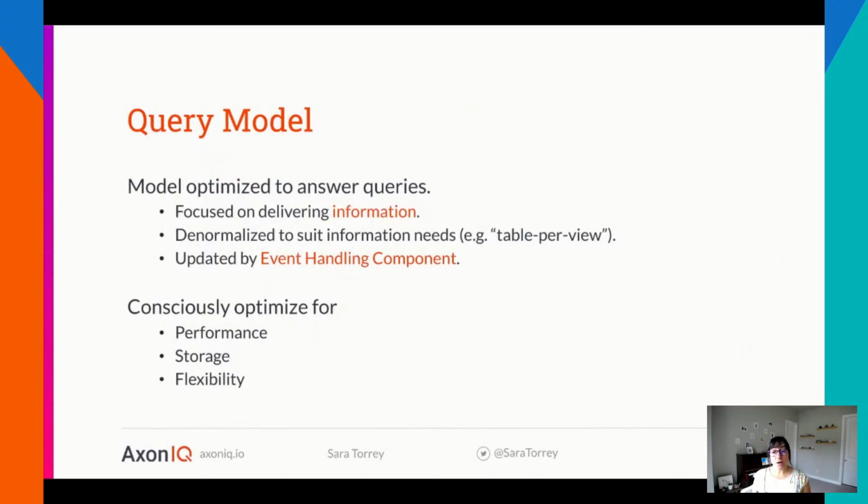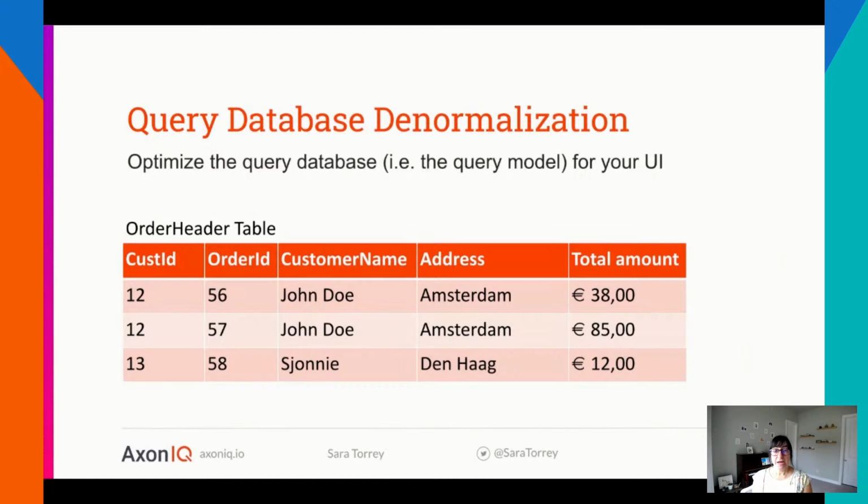In short, there are things you can optimize for, and you should think about those based on the requirements that you have at hand and for those specific query models. The fact that we have decoupled these models and these data tables will give you flexibility to use them for the exact use case that you have at hand. So, as I mentioned a moment ago, you should denormalize your tables to be as optimized as possible for the queries your client will do.